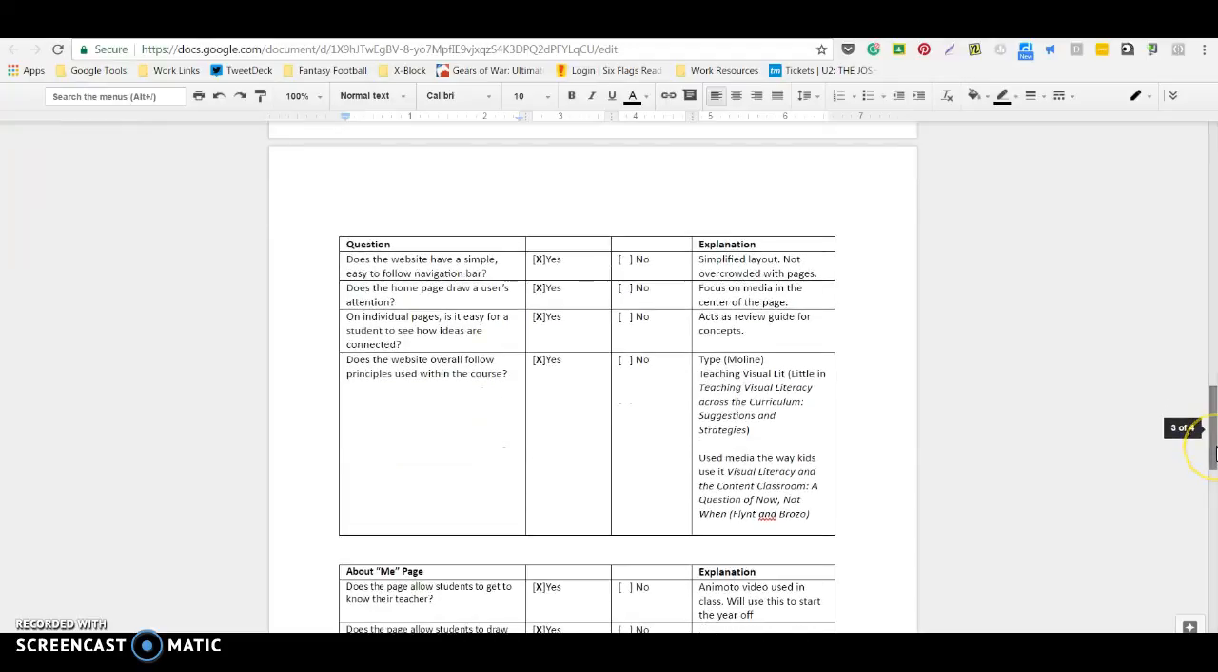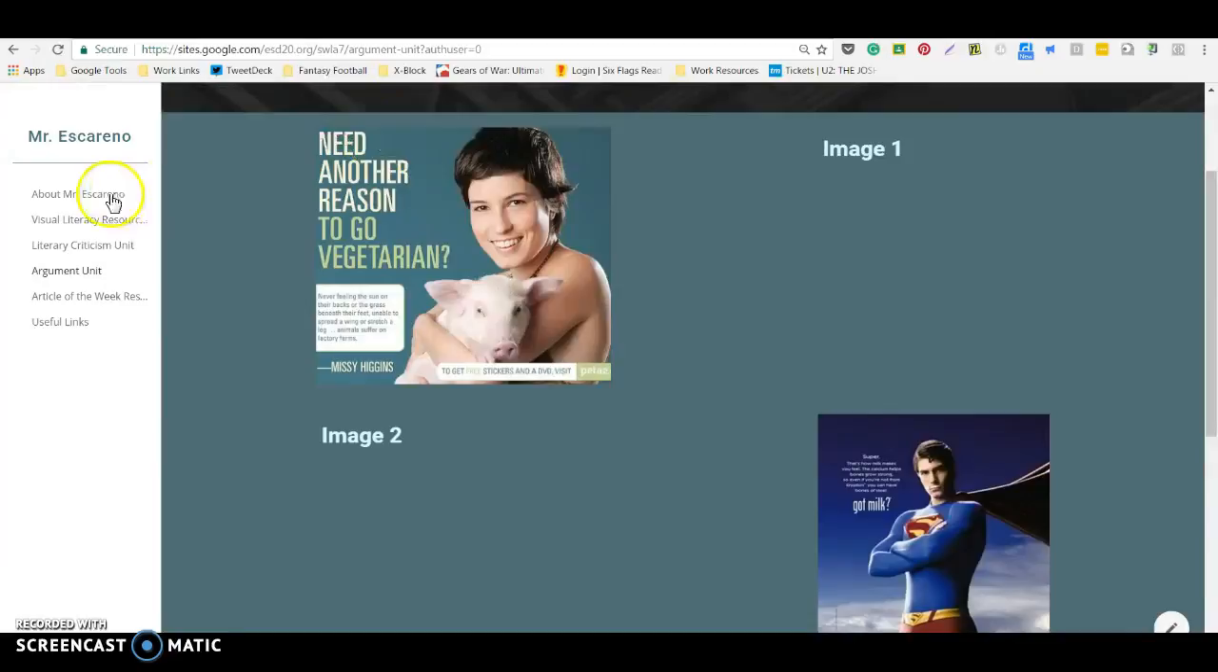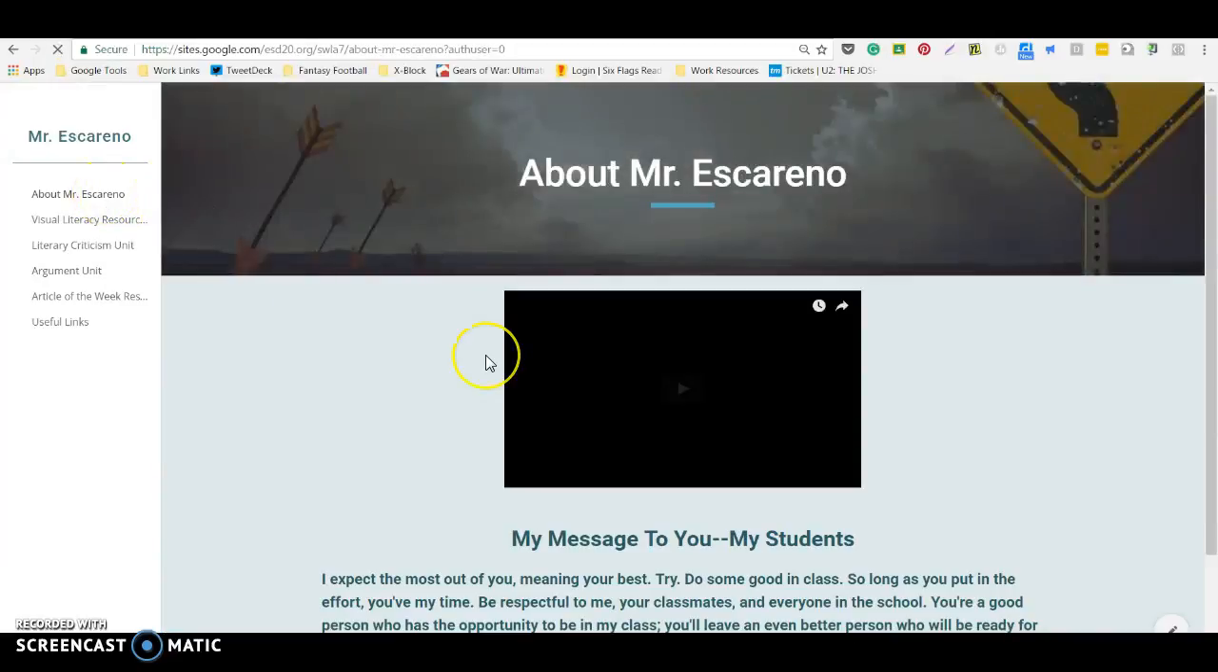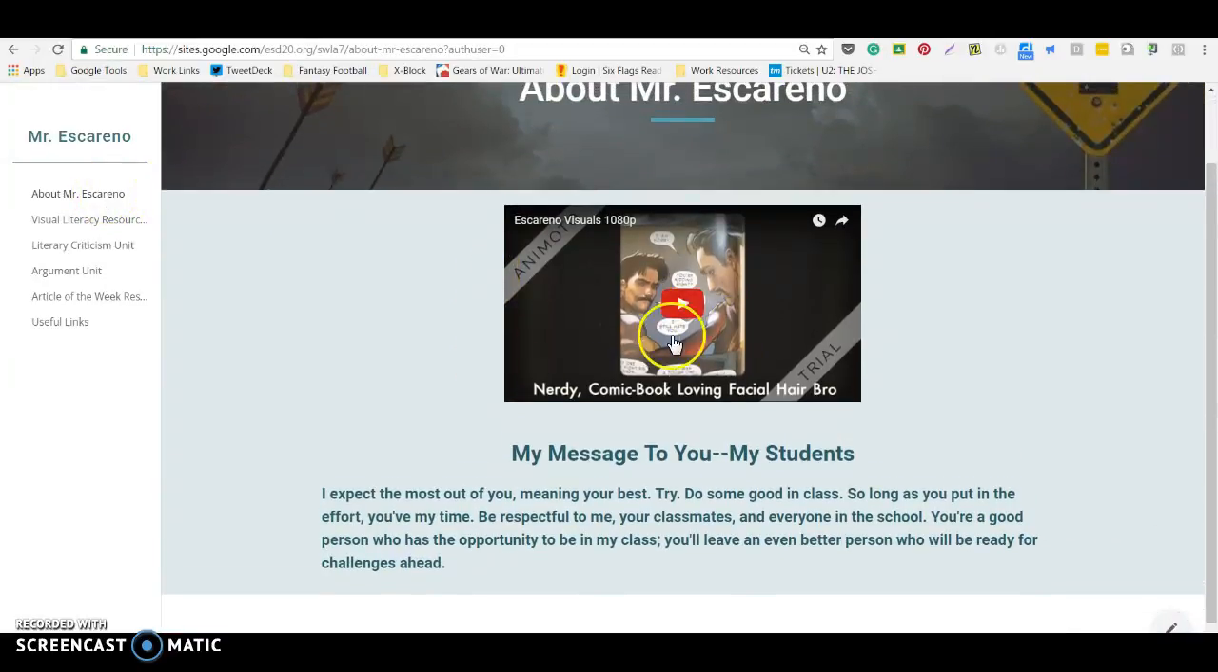And then I went through here and answered the questions for myself. I thought the website has a very simple, easy to use navigation bar. It's a very simplified layout, but it's not overcrowding the pages like it used to do. And I think it really does, like my homepage, which is back over here, I think it really does draw my user's attention because it does have this video in the center and it's going to pique students' curiosities. They're like,